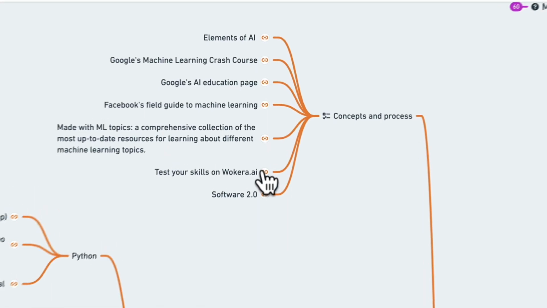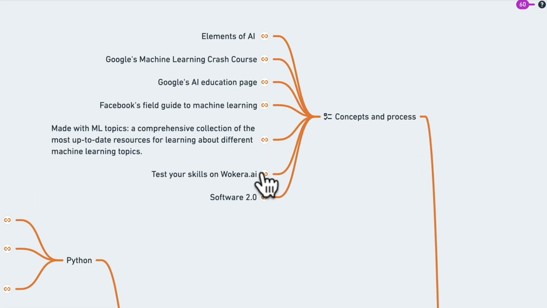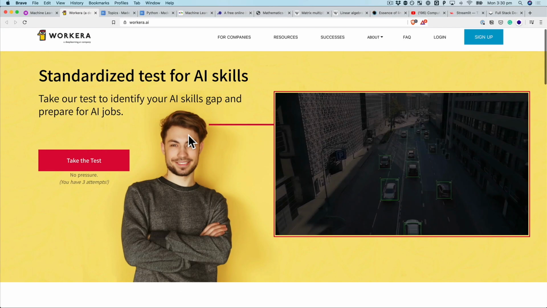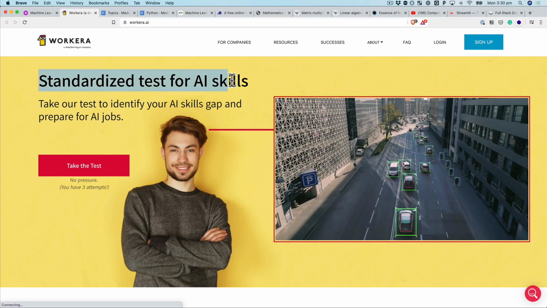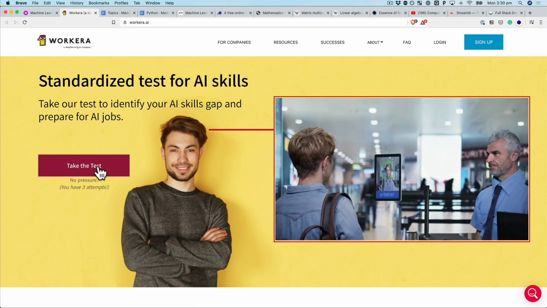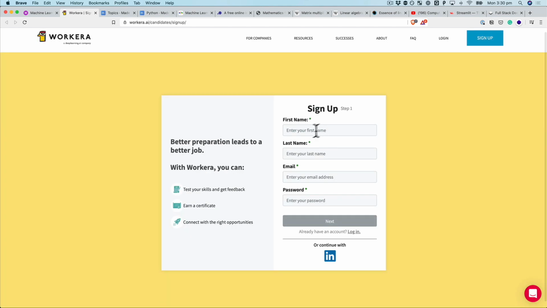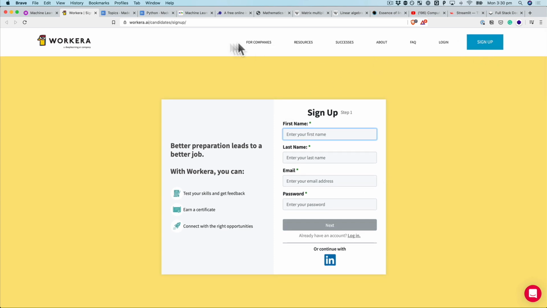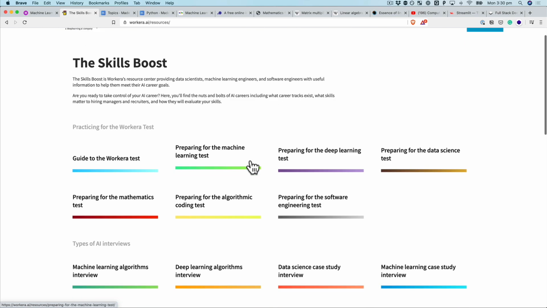And then if you've got some skills, you can test them on Workera.ai. Whoa, sounds pretty fun. Standardized test for AI skills. So take the test. This is after you've been learning machine learning for a while, or AI or whatever. You can sign in here. I think I have an account. Anyway, you take some tests. It evaluates your skill levels on different things. And if you want to,